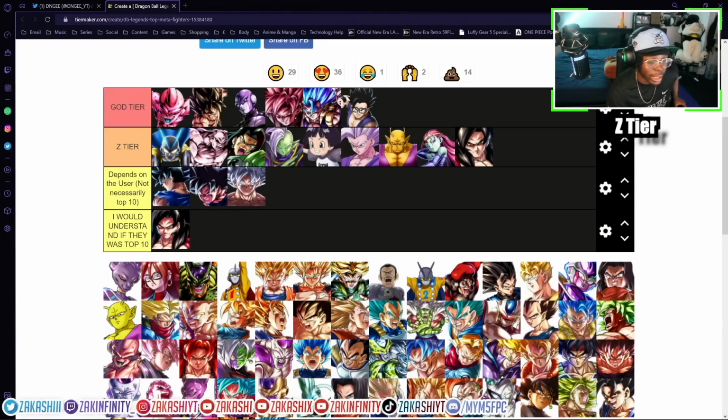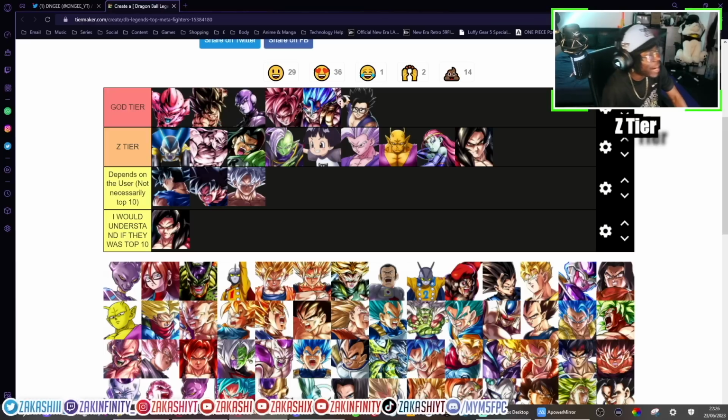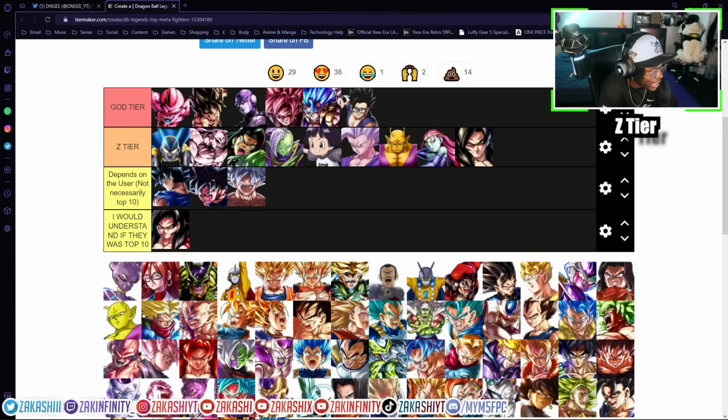Cool. Let's continue with the Z tier now. We need to make the orders now. So, if I'm ordering this section here, woo, I personally think the next...